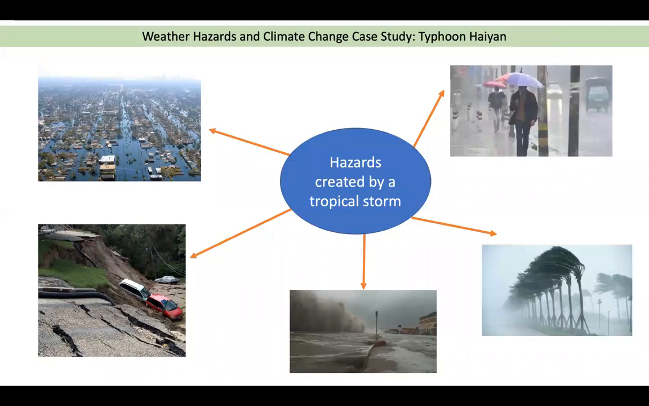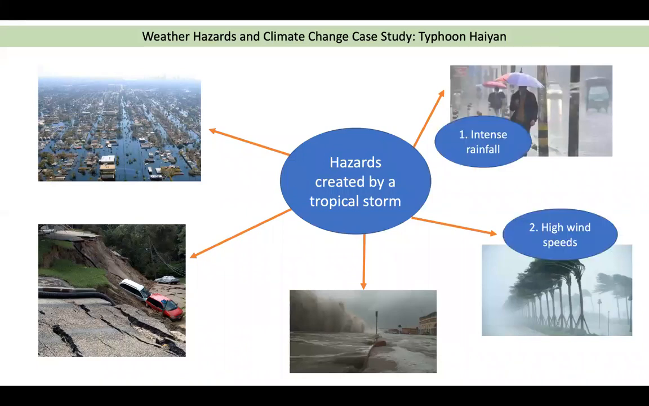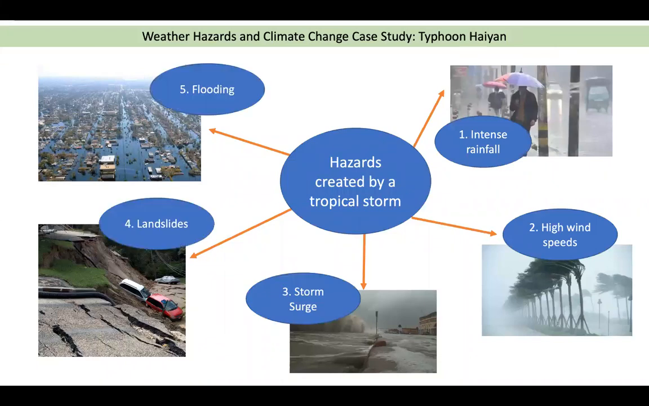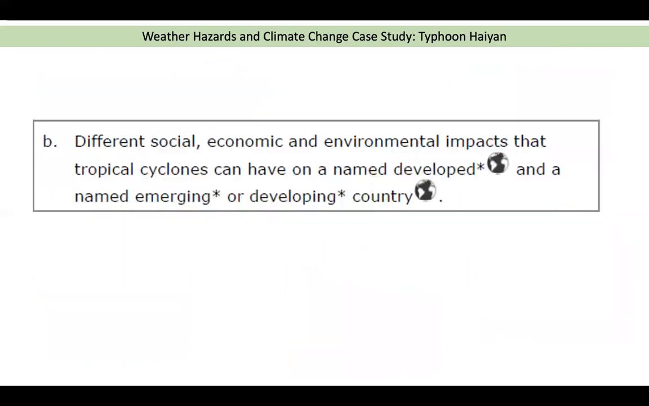Okay, welcome back. So the 5 hazards you should have got: intense rainfall, high wind speeds, a storm surge, landslides, and flooding. Okay, so looking at the actual specification for your GCSE geography, taking this part out of it, we